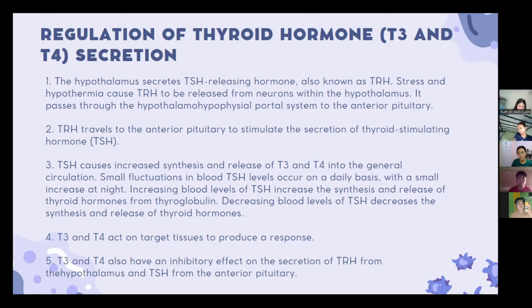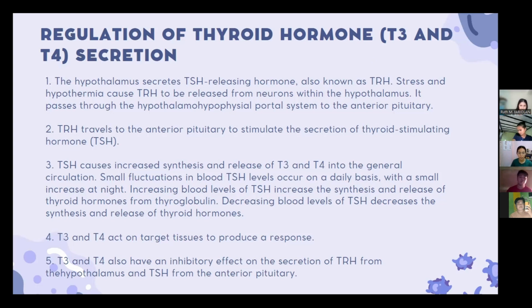Small fluctuations in blood TSH levels occur on a daily basis, with a small increase at night. Increasing blood levels of TSH increase the synthesis and the release of thyroid hormones from the thyroglobulin. Decreasing blood levels of TSH decrease the synthesis and release of thyroid hormones. Fourth, the T3 and T4 act on target tissues to produce a response. Fifth, the T3 and T4 also have an inhibitory effect on the secretion of TRH from the hypothalamus and TSH